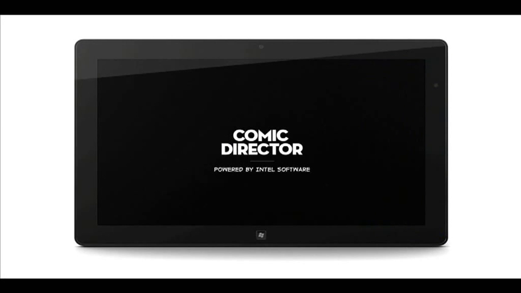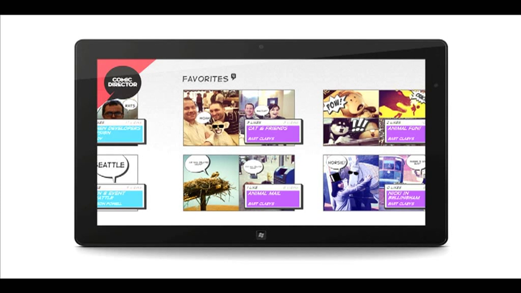Let's have a look at Comic Director. Comic Director is a comic creator app that we built for Intel. And you immediately see the playfulness of this app. You immediately see that we overlapped tiles. We used different colors. There's this little drop shadow that you have here. Again, the drop shadow is not this smooth shadow. It's still a hard shadow,